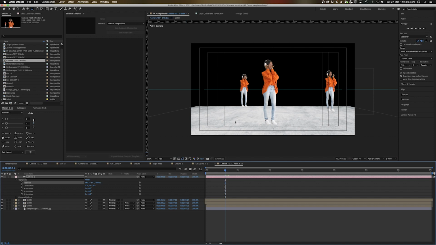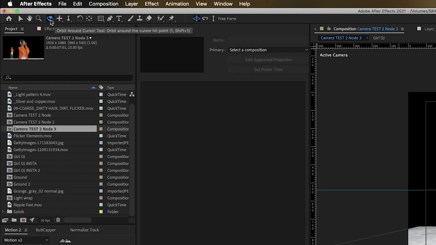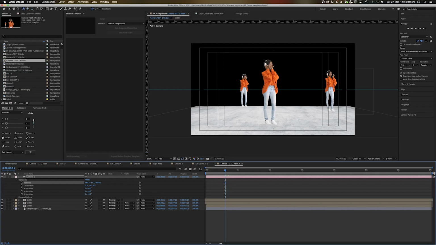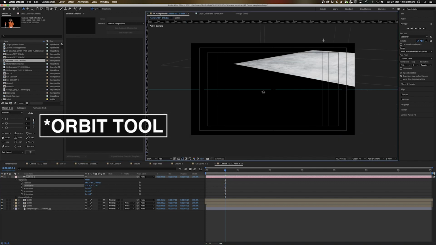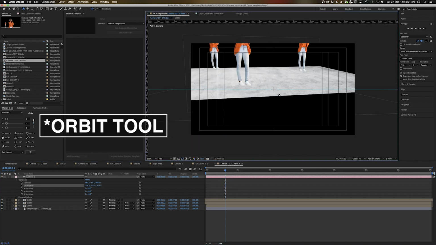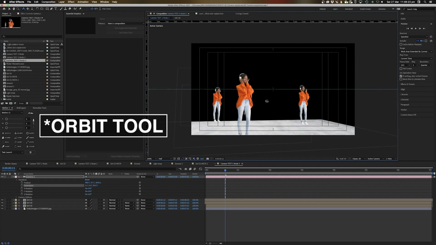I'll just quickly blitz through the camera tools we've got up here. We have three camera tools: the orbit around tool, the pan under cursor tool, and the Dolly Towards tool. You can actually cycle through those by pressing C. As you see, I'm pressing C, and it just cycles through those tools. The first one here is the pan behind tool. If you just drag it anywhere, it'll make your camera go a bit wonky. But if you hold down shift, it'll